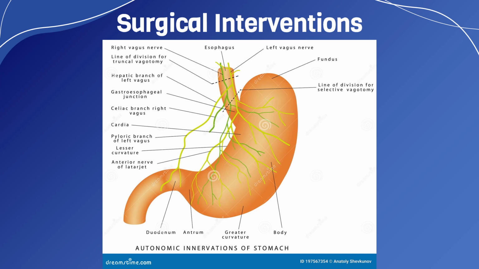And now we're going to get into that vagotomy. So remember, one of the things that causes this kind of continuous irritation is the release of stomach acid. And so that stomach acid is released by the vagus nerve being stimulated. So in order to stop the vagus nerve from being stimulated, we would have to make the patient blind and not able to smell. And since we can't do that, instead what we'll do is we'll actually cut the vagus